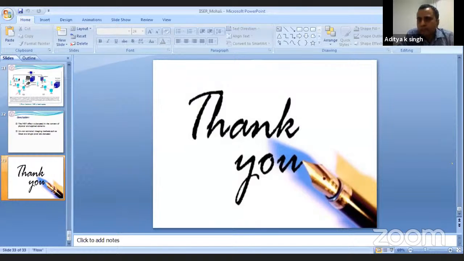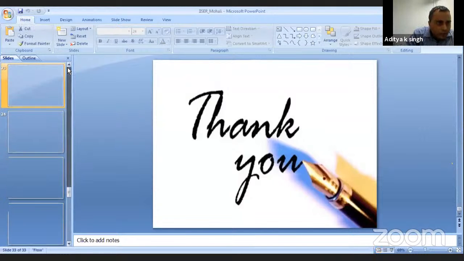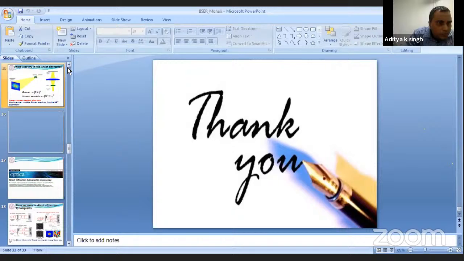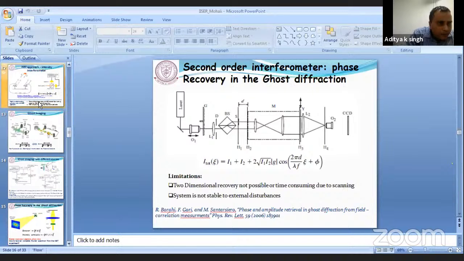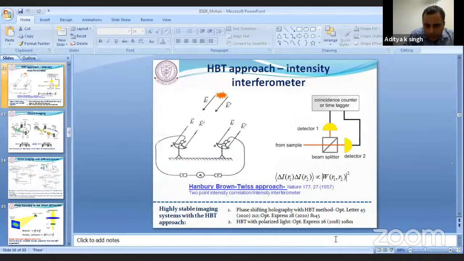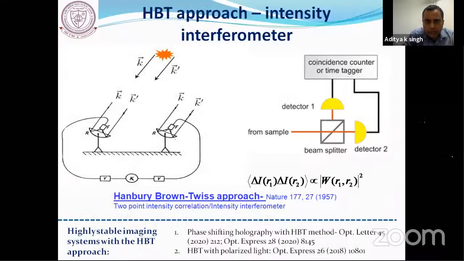Can we do imaging of a dynamic object with a single pixel detector, because updating the random pattern on the SLM will take some time? Yes, a dynamic object is a little bit challenging with the single pixel detector, but a dynamic object you can do with the usual Hanbury-Brown-Twiss experiment. I have shared one of my papers where I've done imaging of a dynamic object. Are you able to see this paper?